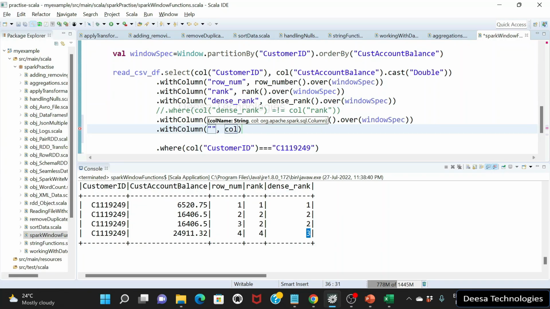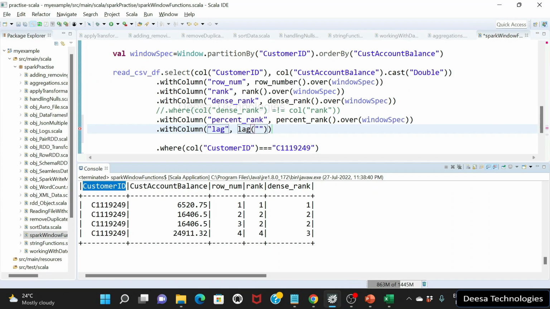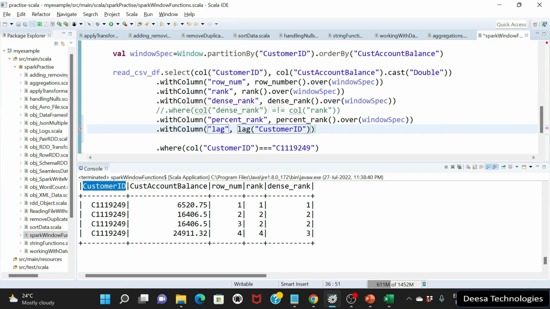I will call it lag, and this is a little different. I will have to use a function called lag, and I need to specify the column on which I want to add. So I want to use customer ID,